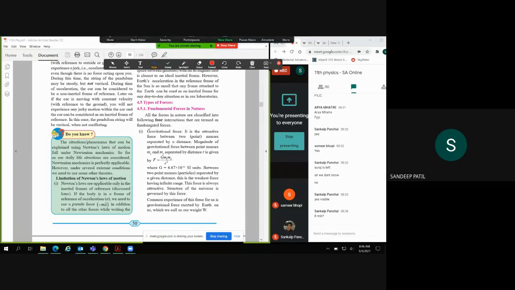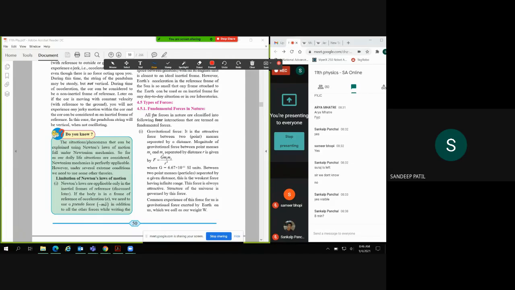So we have studied kinetics, and these are the dynamics. So in dynamics, what do we consider? We consider these forces also. So if a body is moving, what are the forces acting on that? We are not considering only velocity, we are considering the forces acting on the body. So what are those forces?